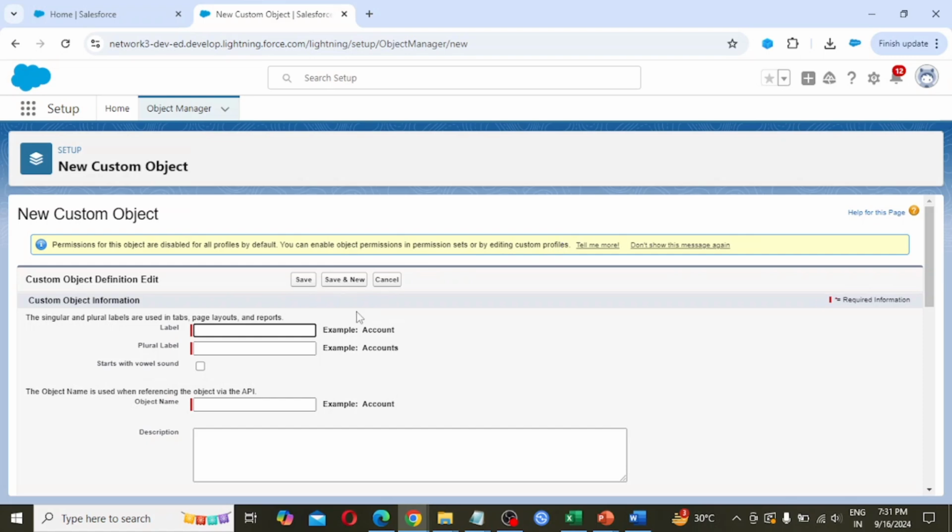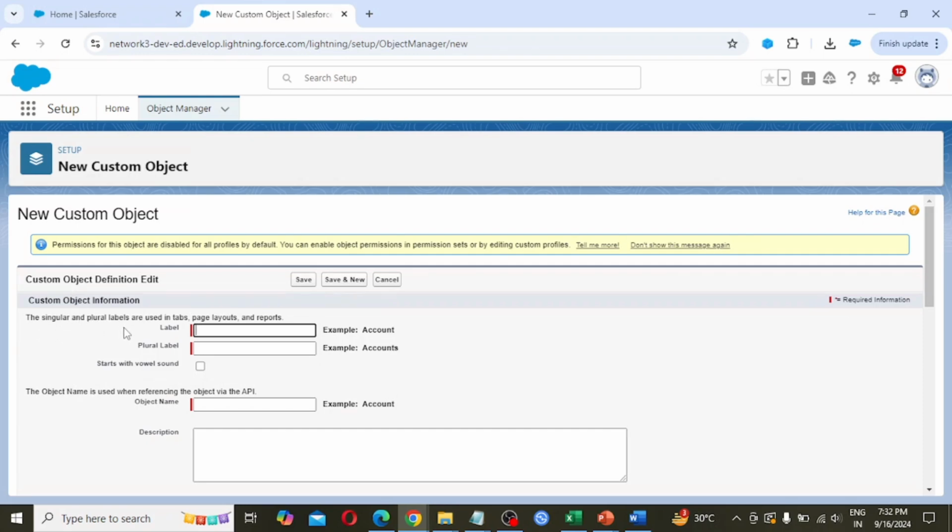So any object is going to be viewed by the profile only. In the profile, if they have the access to that particular object, that user can view the object, otherwise that user can't see that object. So, custom object information.